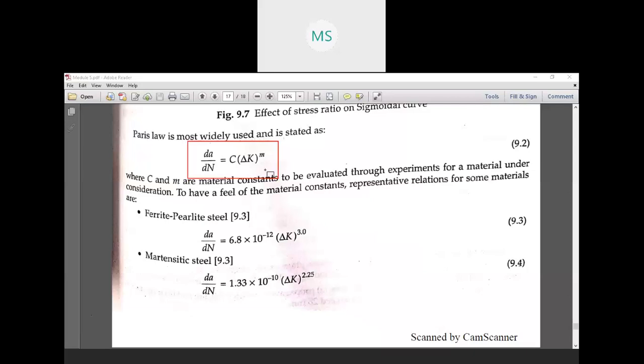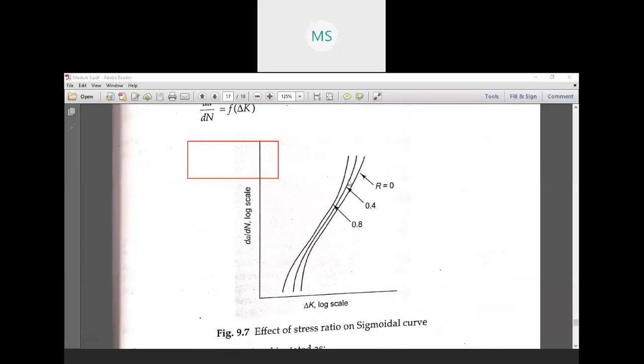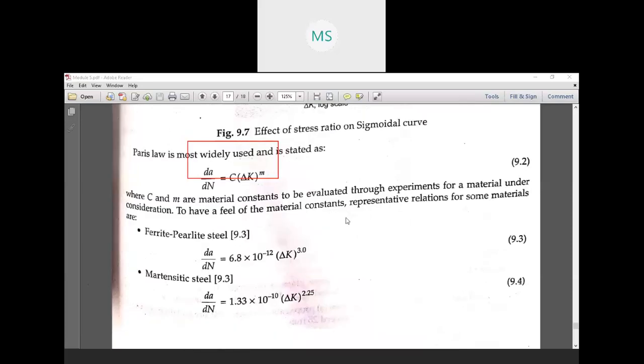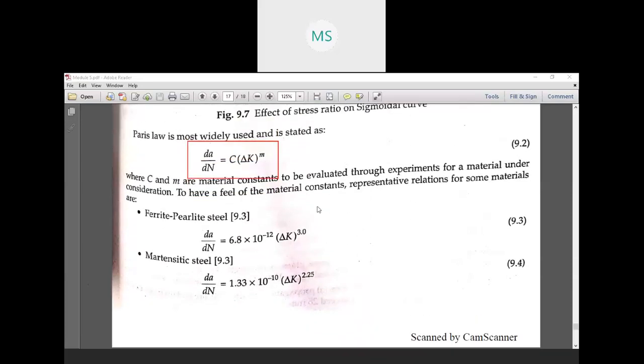Whereas delta K is the intensity factor. And what is M? M is nothing but the slope, which we will get only in stage 2. Here we are not talking about all the stages, just stage 2. When I showed you the second stage, the slope of the Paris law is known as M. Just remember that this M value, or slope value, varies between 2 to 7. For a particular material it depends; for every metal it will have different values.